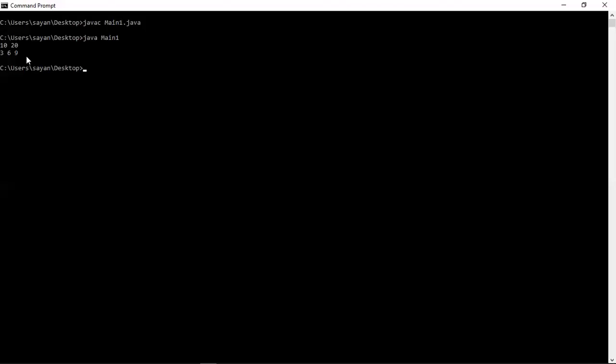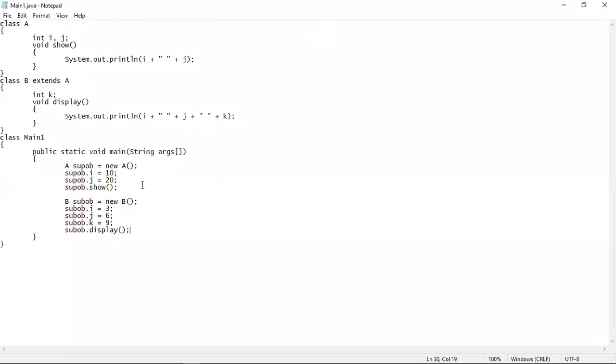So just as I told, the two sets of outputs that we can see on screen are 10, 20 and 3, 6, 9. So this is how you can implement simple inheritance in Java. This is simple inheritance because only one superclass A is there and only one subclass B is there, and no other classes are there. Obviously, you have to write a main class in order to create the objects and call